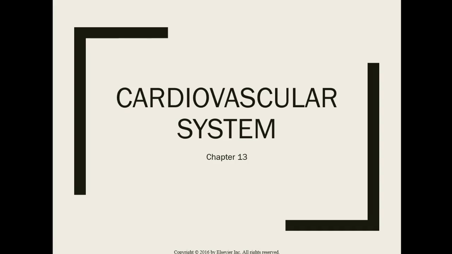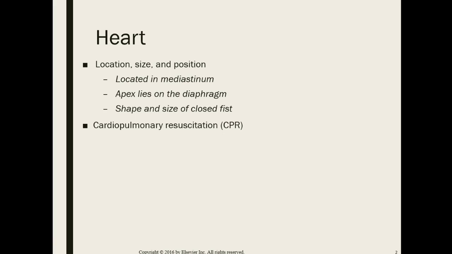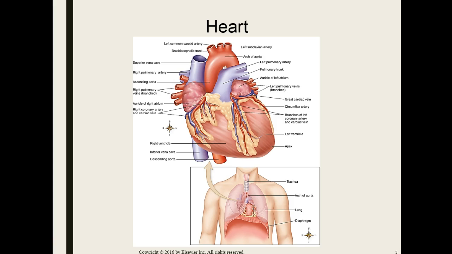We are going to talk about the cardiovascular system today, which is chapter 13. So we'll start with a little bit of the anatomy. Main organ is going to be the heart. So located in the mediastinum, which is that kind of subdivision of the thoracic cavity,